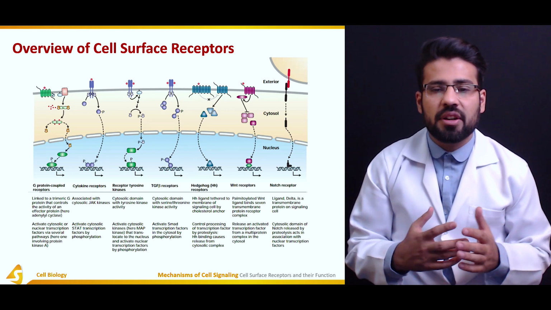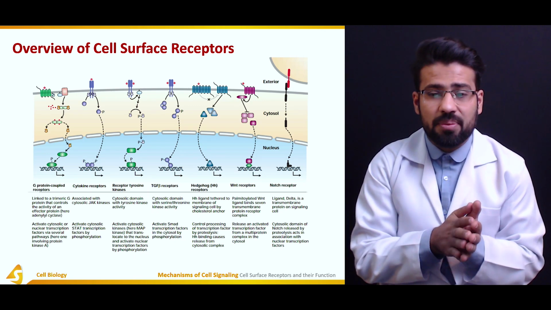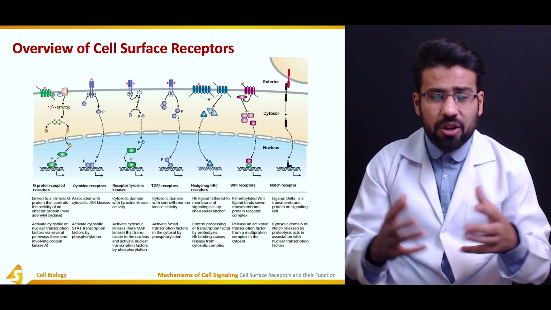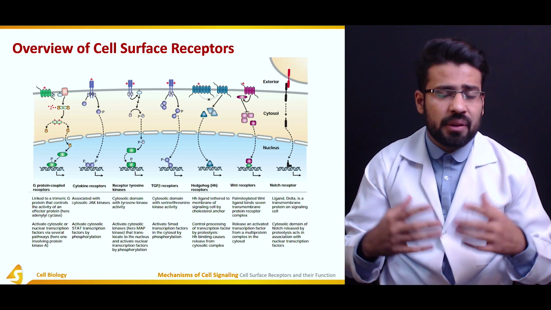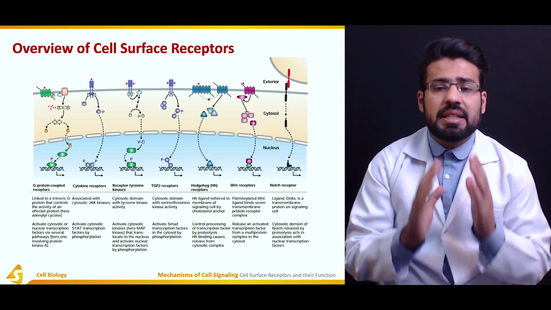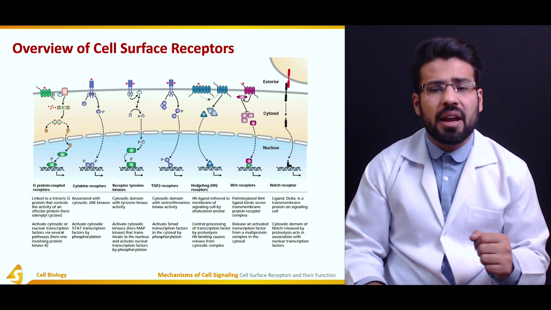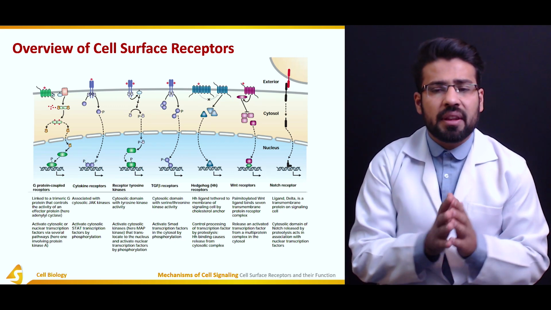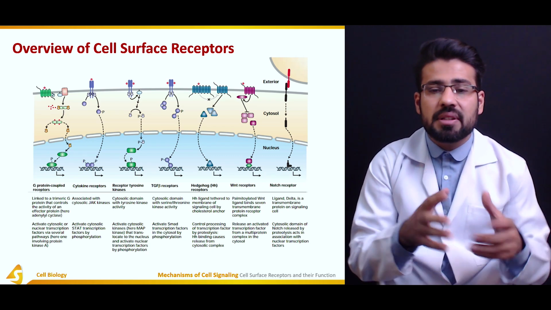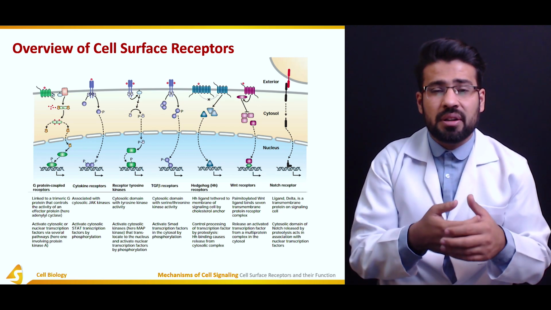In this case, when the ligand Delta binds with the Notch receptor, it causes cleavage through a metalloprotease known as TACE. We are going to discuss this signaling pathway in the coming lecture as well. The ligand Delta is a transmembrane protein on a signaling cell. So the cytosolic domain of the Notch